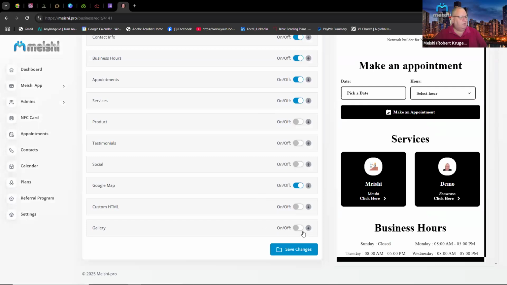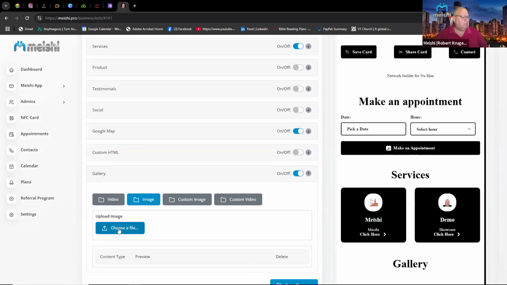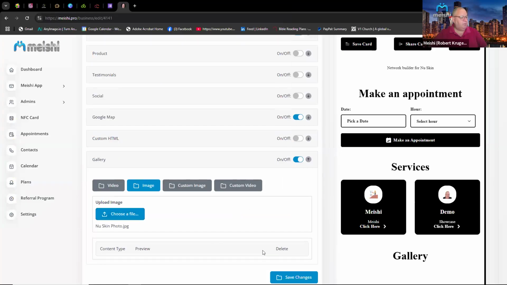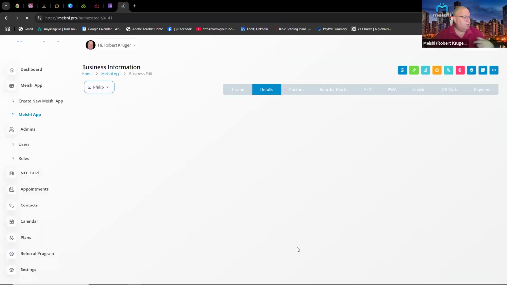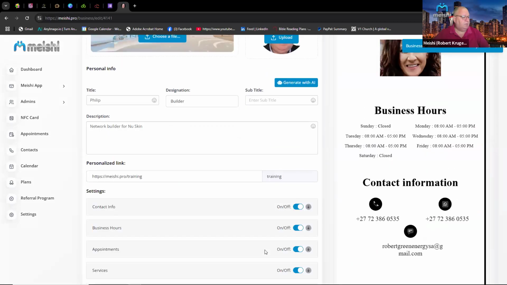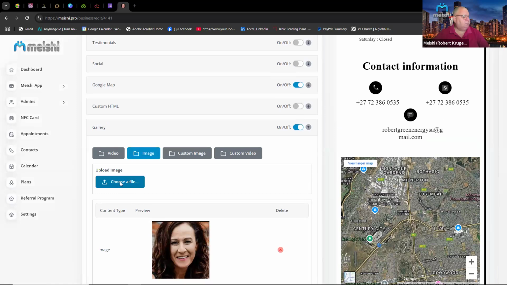Okay, so we've got there, and then that's just putting your HTML in. I'm not going to put anything in there now. And then just to add pictures to your gallery, you click on image, and then you choose a picture. You can choose any picture. I'm just going to put in that one, open. Once you've chosen, it'll show there, and then you save. You just repeat all the time, and then you'll see there's the picture of the lady whose app it is. Then I'll go back there and click on image, choose the image,